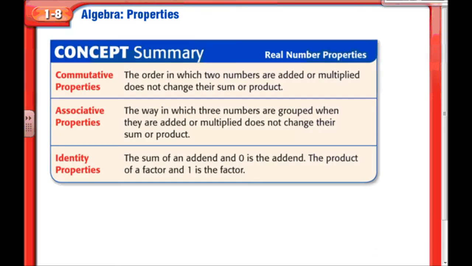Here are 3 other properties besides the distributive property. Notice we spent a lot of time on the first one, but now they've crammed all 3 of these together. That's because these are pretty much easier than distributive. Let me go through them. Commutative